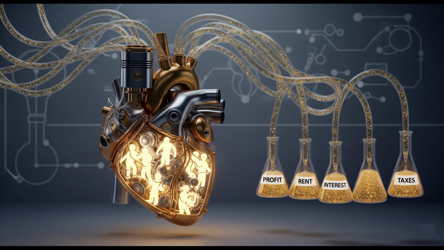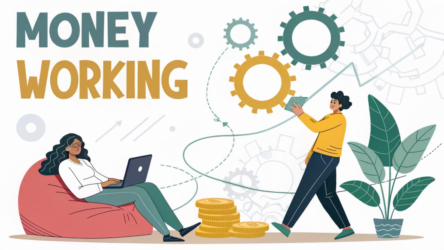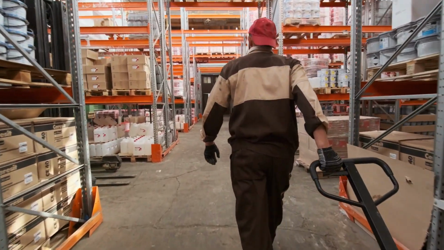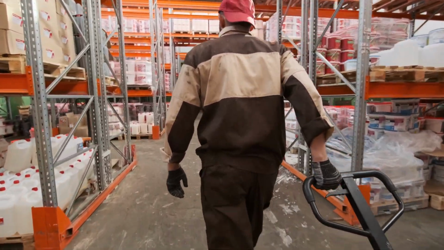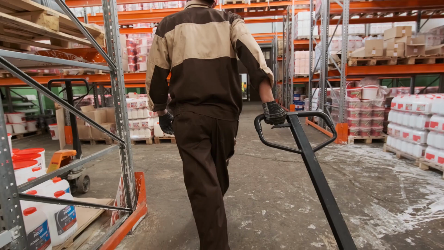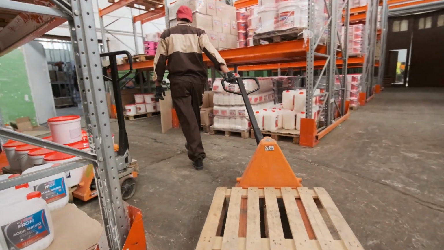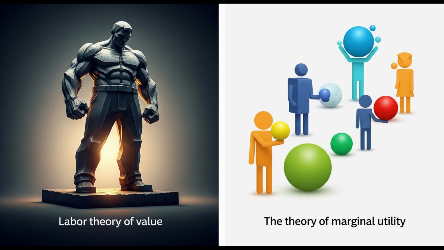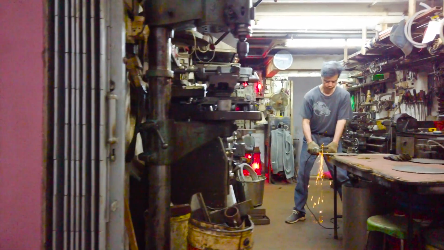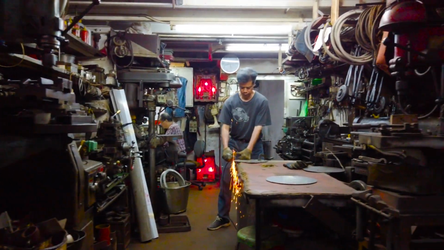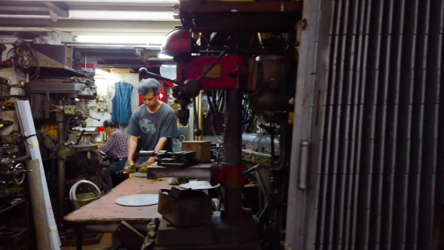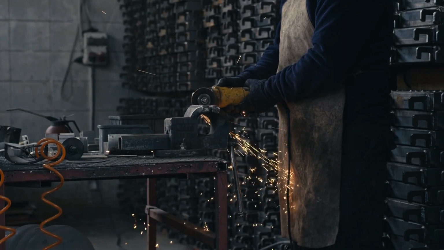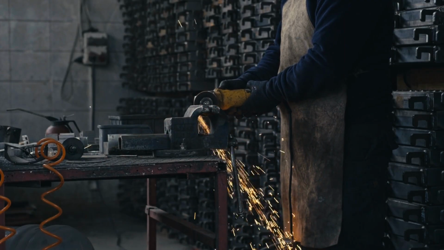To buy this unique commodity, two conditions must be met. 1. The worker must be free and have the right to sell their labor power. 2. The worker must have nothing but this power. They don't own factories, tools, or raw materials. This forces them to sell their ability to work. The capitalist buys labor power at its true value. This value is determined by the costs required for a person to live, feed their family, and stay healthy. It's a fair transaction.